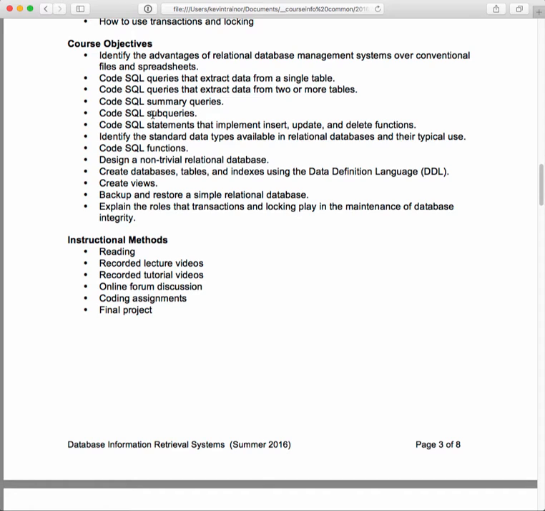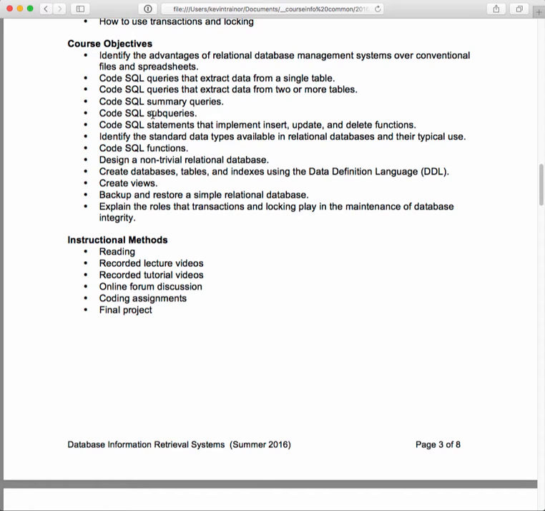Then we're going to learn how to code queries that extract data from a single table, then queries that extract data from 2 or more tables, how to code summary queries, they're kind of analytical, how to code subqueries, they're kind of tricky but powerful,